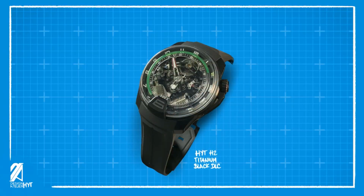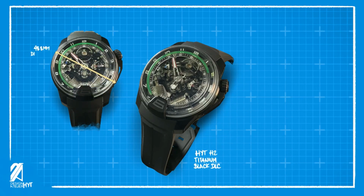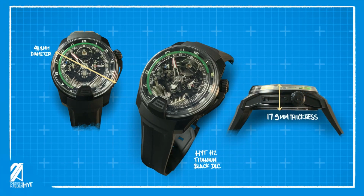The HYT H2 is the second generation of liquid capillary watches from HYT. It measures 48.8mm in diameter and 17.9mm in thickness. Not exactly James Bond's suit material, but the tech inside can definitely fit in movies he's in. It's still capable of 50 meters of water resistance, which isn't saying much, but enough for its wearer not to